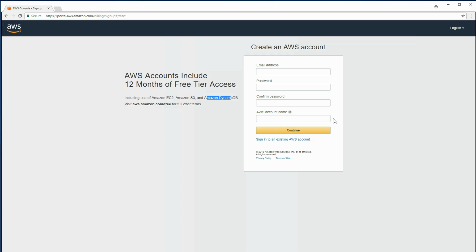An automated system will call you and will ask you to key in the four digits that are shown on the screen at the time. And once your phone or your account is verified through that process, then you'll get a screen that just basically says, check mark, you've been verified. I think the last screen talks about if you want to sign up for any support